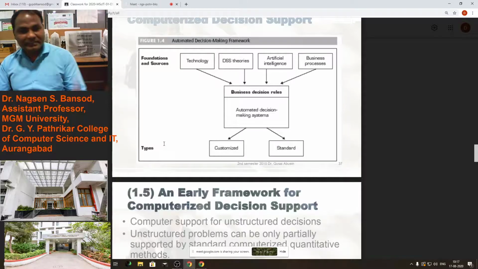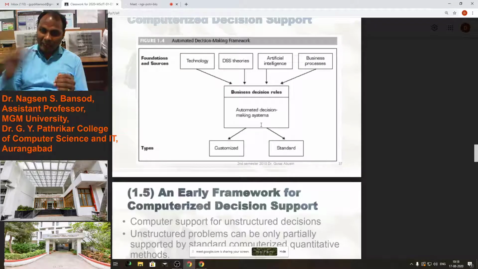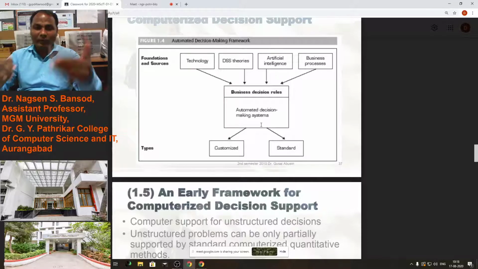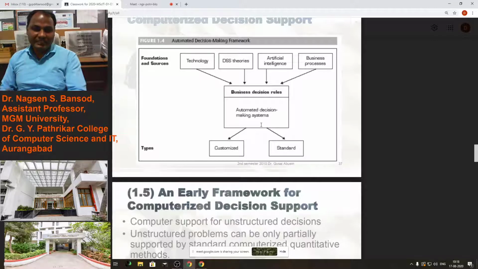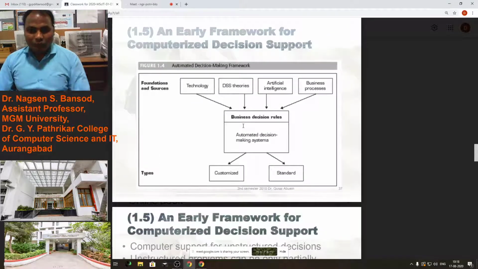Such a decision can also be put into the automated decision making system, so the customer can manipulate parameters such as hard disk, processor, and RAM. According to these, the price of the laptop will be generated and given to the customer automatically. That is the automated decision making system. For that we have to design the business decision rules